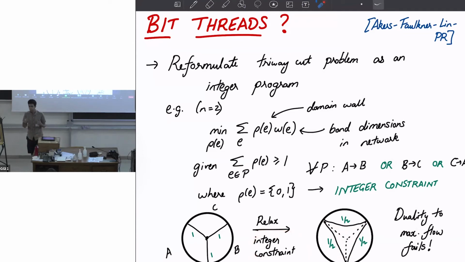If you were to do the analogous computation for entanglement entropy, there is no difference between whether you keep the integer constraint or relax it. But once you do the reflected entropy, this tri-Weikart seems to have some non-trivial integer constraint. The difference between the energy configuration when you keep the integer constraint and relax it is what's called the integrality gap. When you have an integrality gap, it's typically an NP-hard problem, I think, to solve this program, whereas once you relax the integer constraint, it's just a flow problem, which is simple to solve. So there's a big computational gap between solving these two programs.